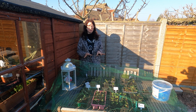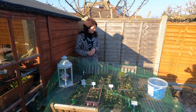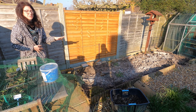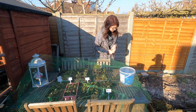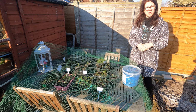Now there's not an awful lot going on in the back garden. As you can hear, the chickens are clucking away beautifully. We've got a wood burner, so we put a lot of ash on our garden because we plant tomatoes here and the tomatoes really love the ash, so we put plenty of that in the ground and we find that works really well. The seeds I've started off, you have to keep them indoors at this time of year, but